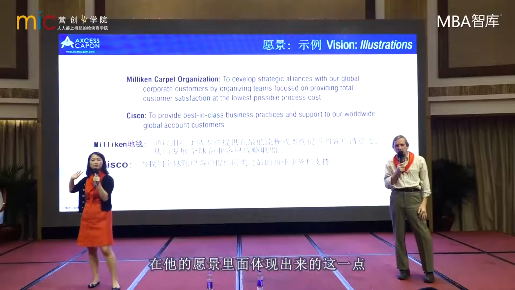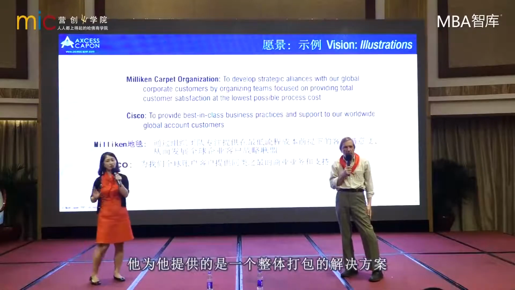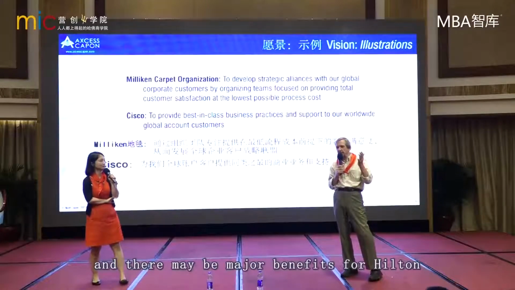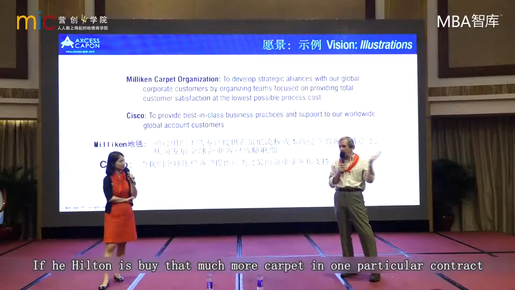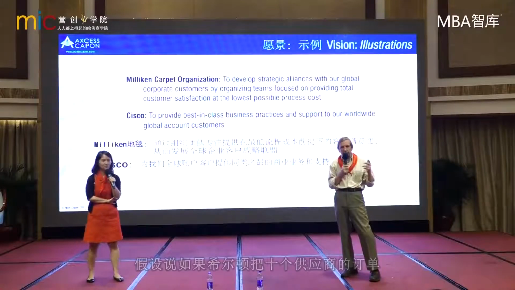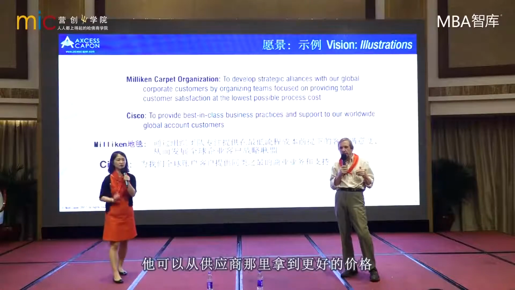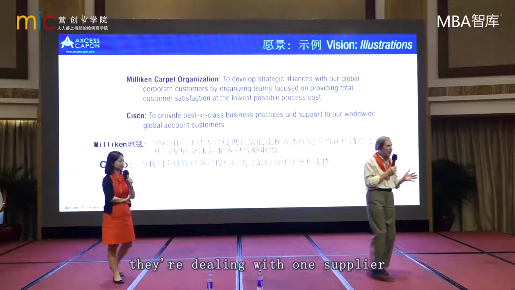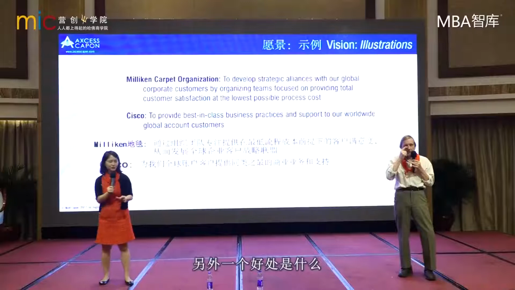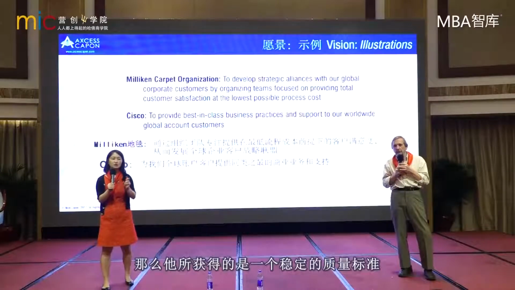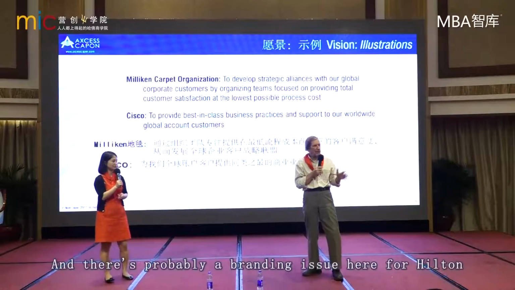那你可以看到，在他的愿景里面体现了出来的这一点，就是他做的是全球的生意、全球的业务，对吧？不是一个国家一个国家的，同时他为他提供的是一个整体打包的解决方案。And there may be major benefits for Hilton. 那这对于希尔顿来说，其实意味着一个更大的福利。If Hilton is buying that much more carpet in one particular contract, they might get a better price. 假设说，如果希尔顿把10个供应商的订单给一个供应商，他会得到一个什么好处？深度的折扣，对吧？他可以从供应商那里拿到更好的价格。